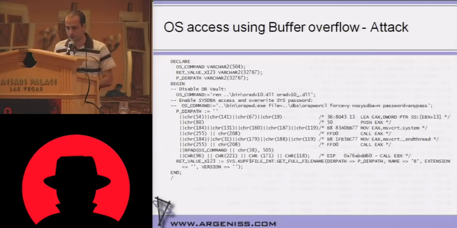Well, this is the exploit. I won't enter into much detail of how buffer overflow vulnerabilities are exploited. Just will mention that the vulnerable parameter is dir path of this get full file name function. So when the buffer overflows,